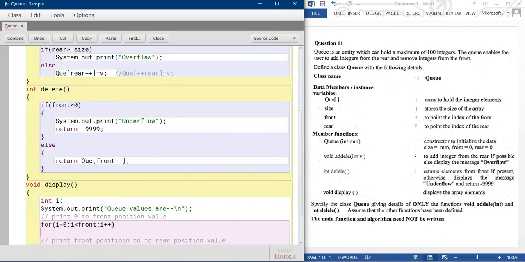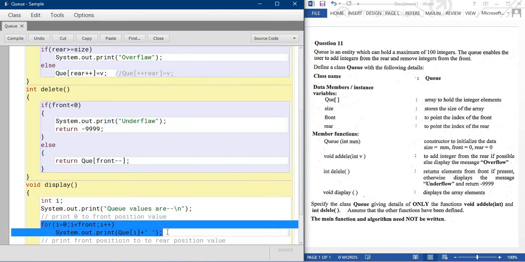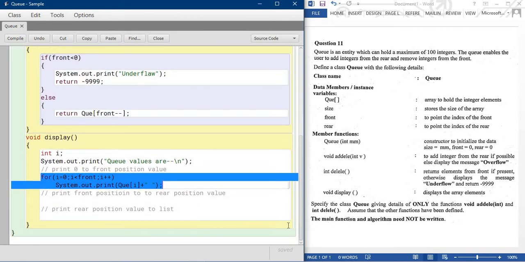This position value is used as Q[I]. I'm giving a blank. Okay, same way I just print each and every next one over here.